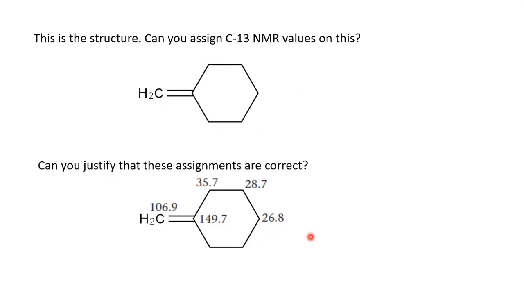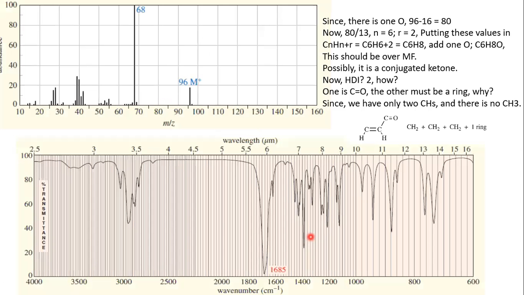Okay, this is what you need to do. Let's go into another example, a beautiful example, and we are going to do the same thing, that is, using all that strategy to determine the structure. This is a compound, this is the mass spectrum, and this mass spectrum has a molecular